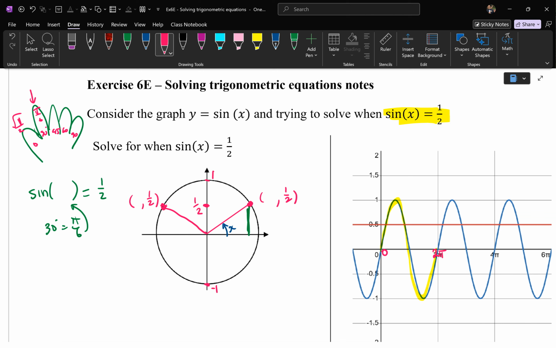So x is 30 degrees, but the distance outside of the circle, this is a distance of pi on 6. Here, this is 30 degrees. That's what we're saying. We're saying pi on 6 is equivalent to 30 degrees. So if that's 30 degrees, now we can use symmetry properties and we can say, well, the triangle is exactly